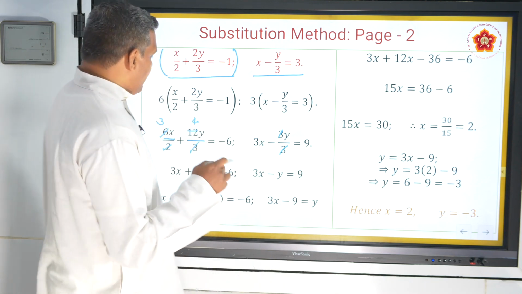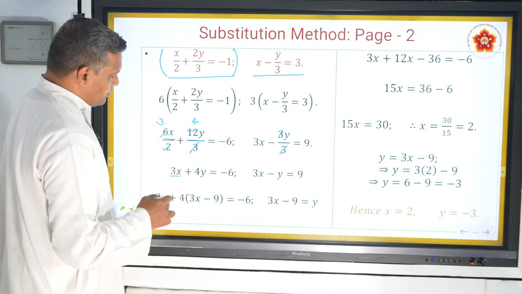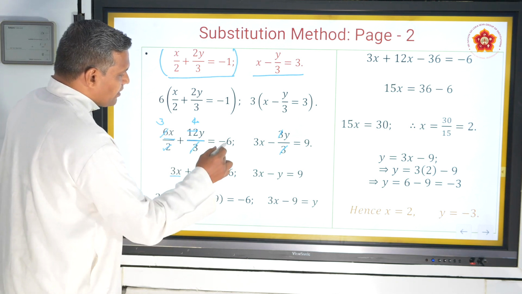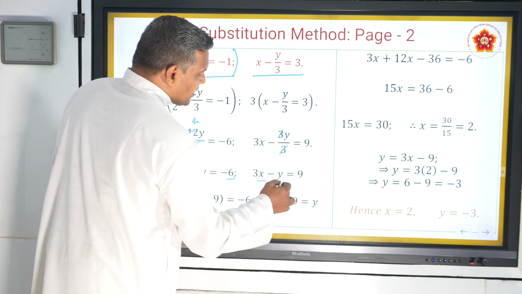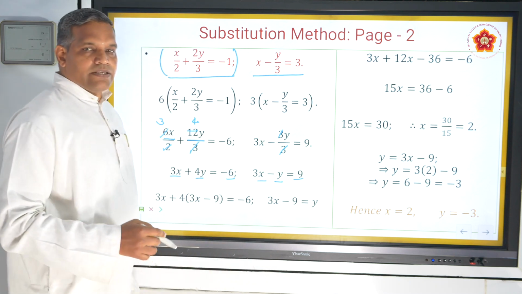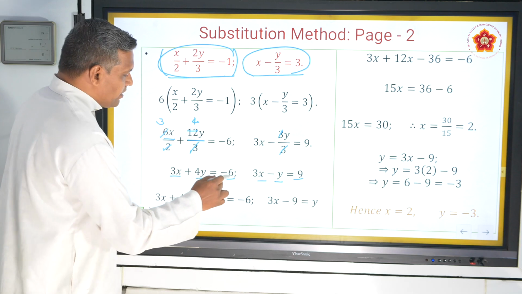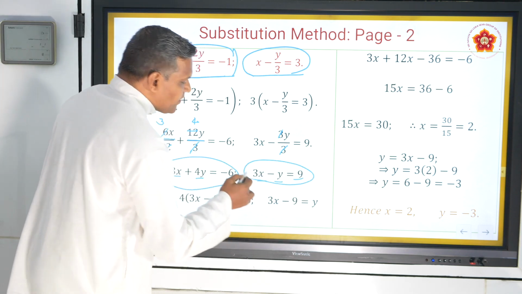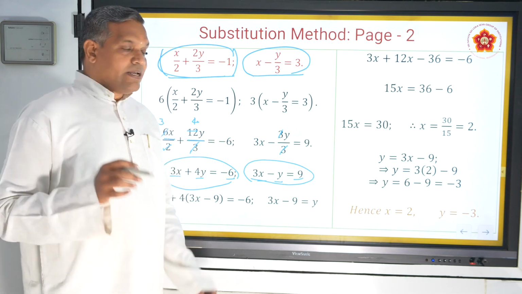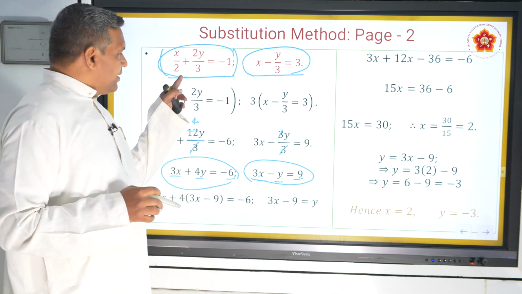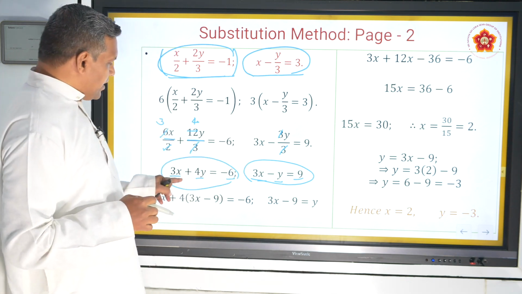Let's look back. Now this has become 3x, that's it, no denominator. It has become 3x, and this has become 4y, and this has become minus 6. Here 3x remains as such, and 3 3s cancelled, only minus y remains, and here 9. The moment you are asked to handle these two equations, it is a different thing. So what is the technique I am using here? Observe carefully. The moment you get a fraction, take the LCM and multiply the whole equation. Are you comfortable? Then you get such a simple equation.